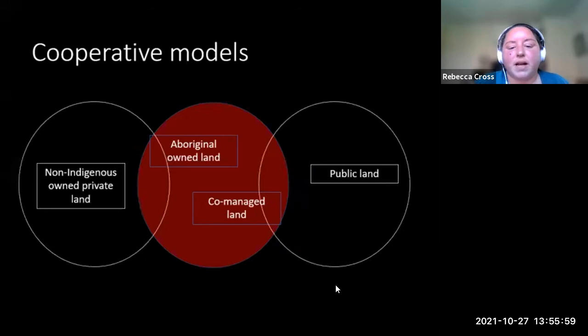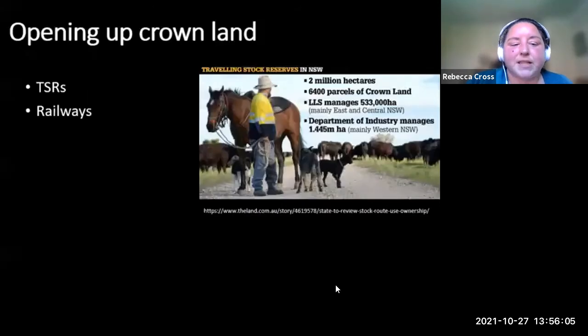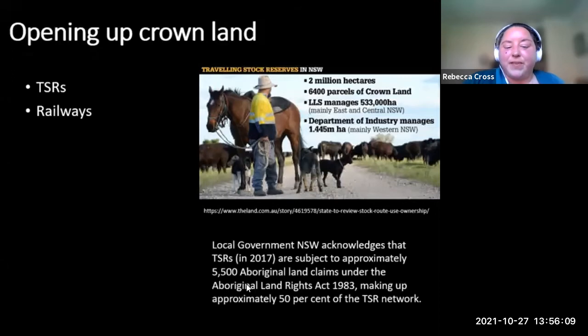And then as well as activating public land or Crown land as well. And there's a lot of talk at the moment around travelling stock routes. There are 5,500 Aboriginal land claims as of 2017. I couldn't get a more updated figure, which means that approximately 50% of the travelling stock routes are currently under